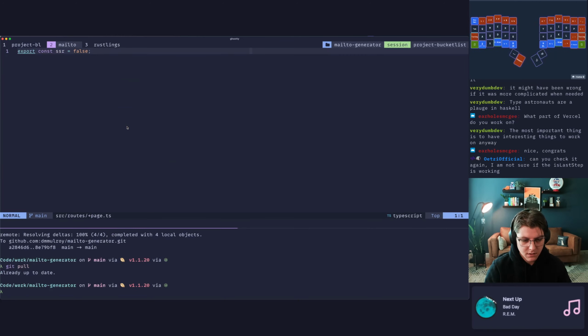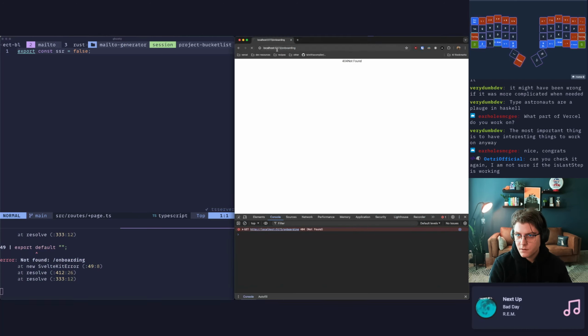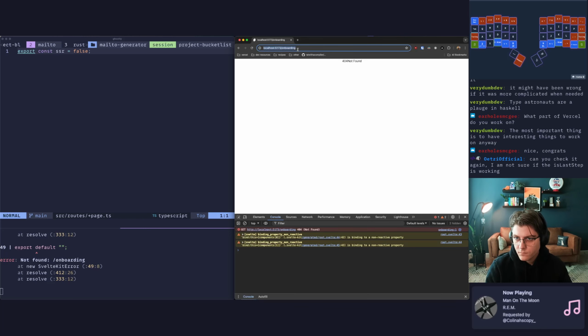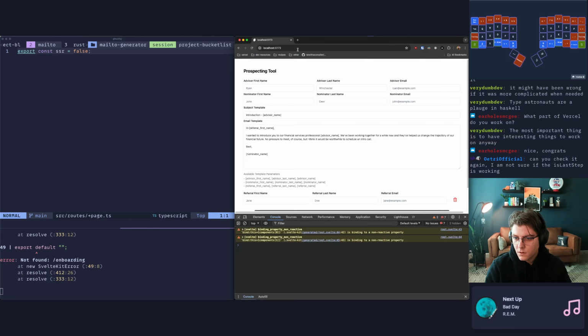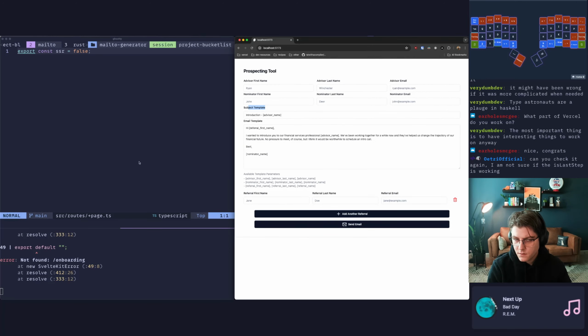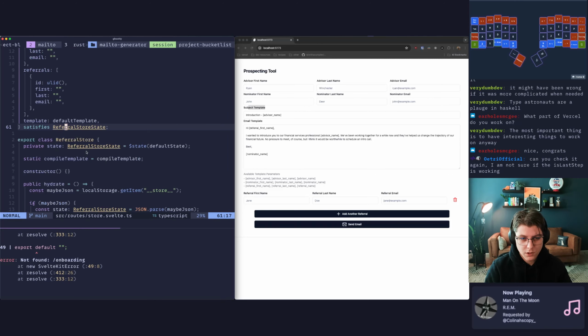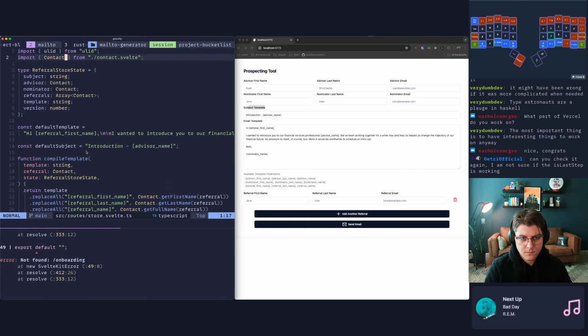So let's go back over here, start this dev server, and let's refresh. Right, there's not onboarding. Get rid of that. Okay, great. We need some padding here probably, but whatever, I don't care. We want in here to go to store. And then where's the template?